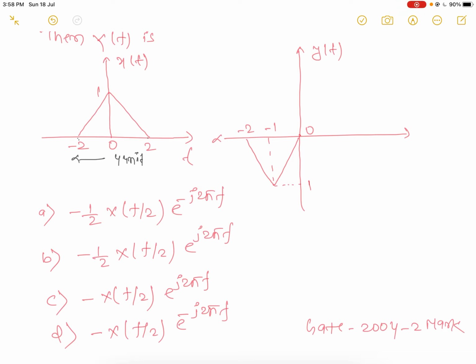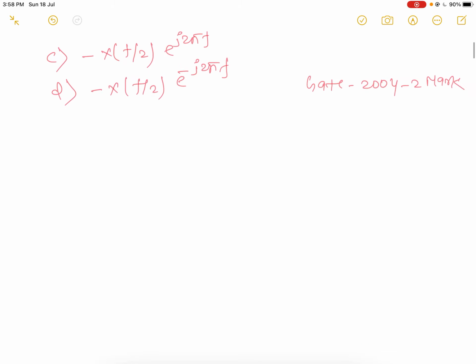Our graph is shrunk between the x(t) and y(t) relation, and also our graph is inverted. y(t) is the inverse of x(t), and also y(t) is a shrink of x(t) as well as a shift. After shrinking, it will come up to -1, but this one is also shifted. So now check it.